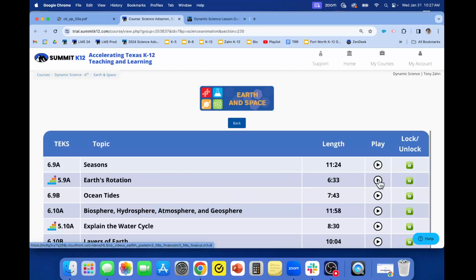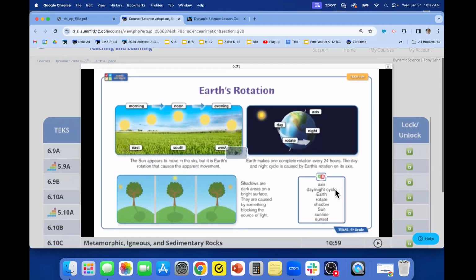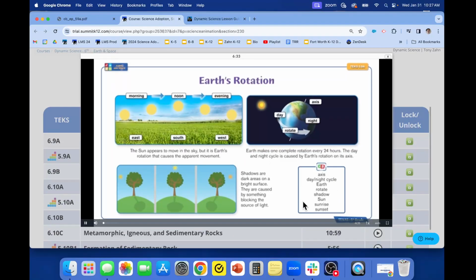have students watch this video. As you study the TEKS, you are expected to demonstrate that Earth rotates on its axis once approximately every 24